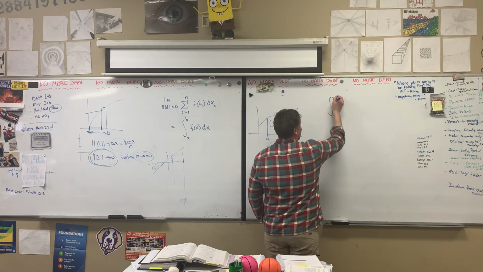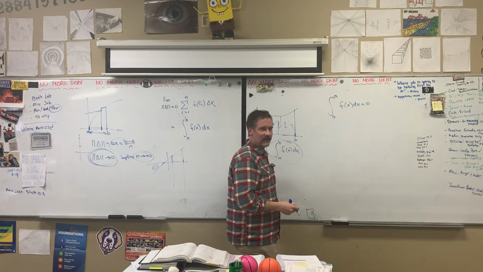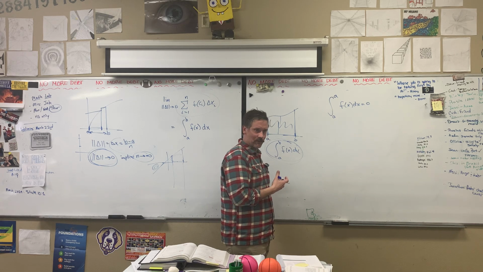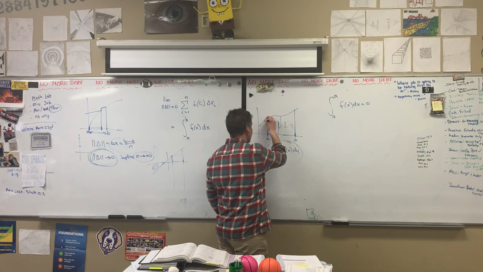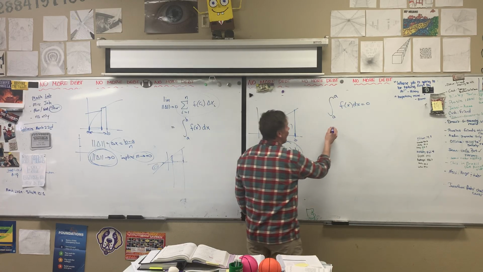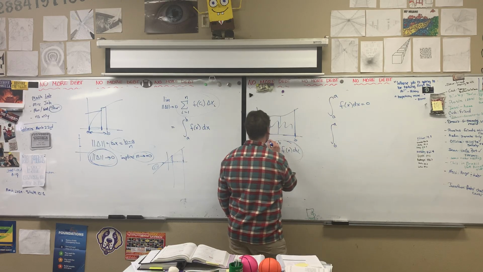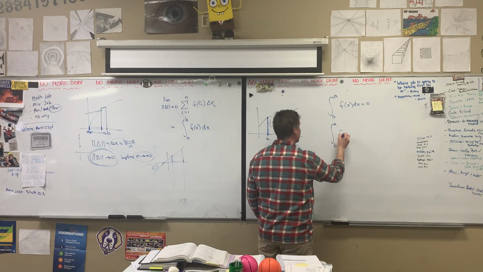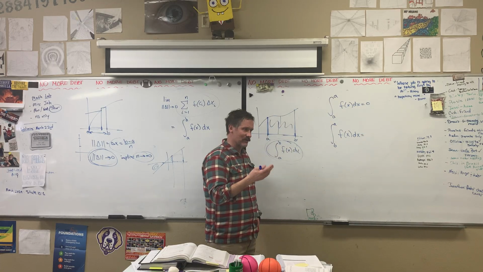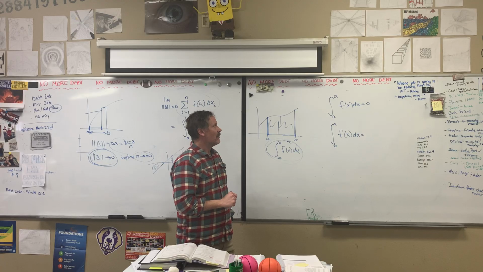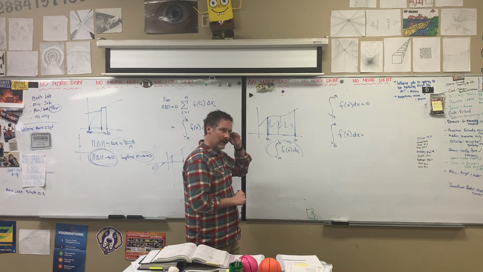If you have the integration from A to A of f of x dx, that's just equal to 0, which would make sense because there's no area. You're only going from A to A, so you're not moving. There is no area. But then they have the integration from B to A, meaning you're going backwards. This is important because of the way the notation works, or the way the, if you will, cheater methods work. If you're going backwards in the area, the way the integration formulas work is that,